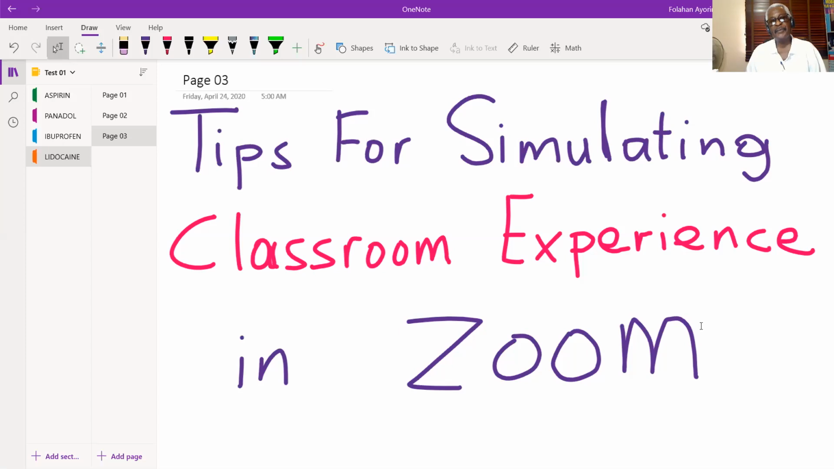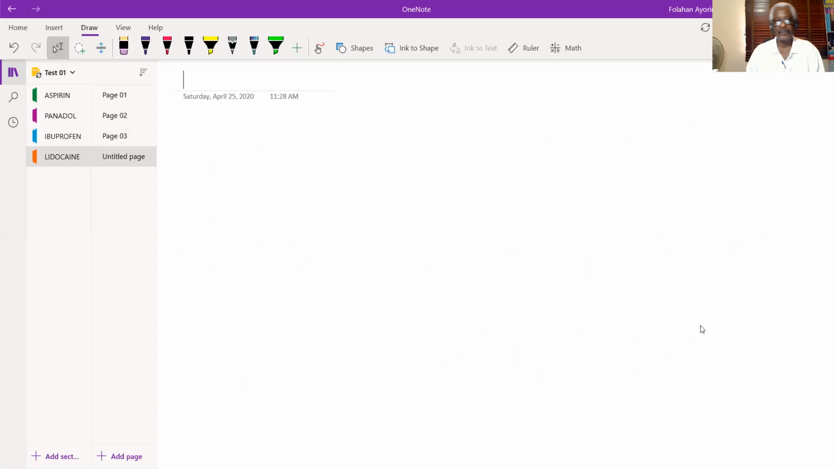In other words, these sessions are designed to simulate the classroom experience for both you and your students. In order to do this, we use a combination of the Zoom platform